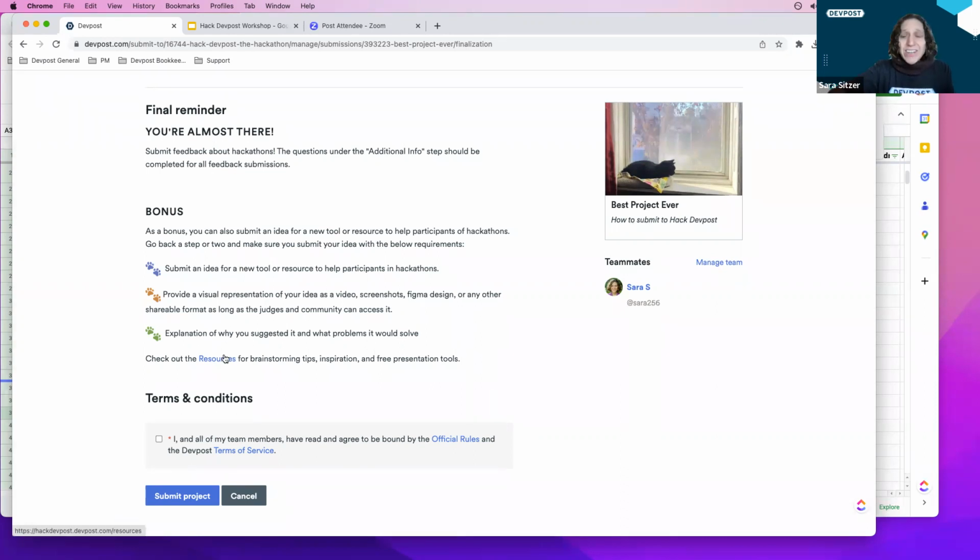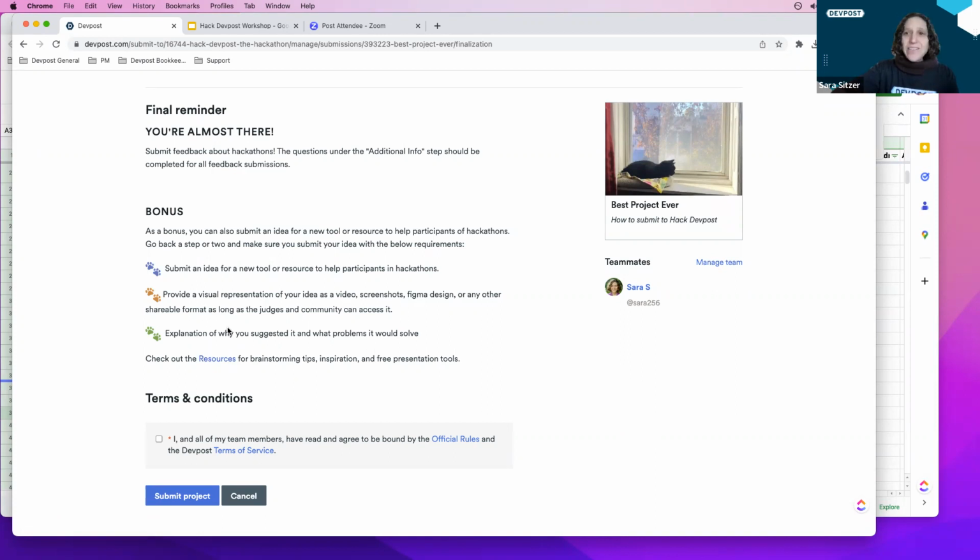Make sure your project is relevant to this hackathon. It seems like an obvious suggestion, but there have been some submissions for apps that aren't really related to Devpost at all. So make sure you're reading the guidelines and the rules, and your project is relevant.